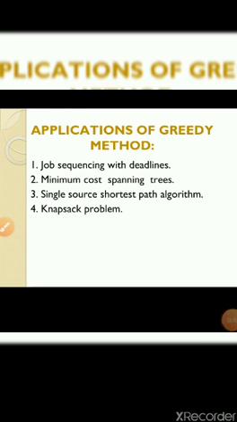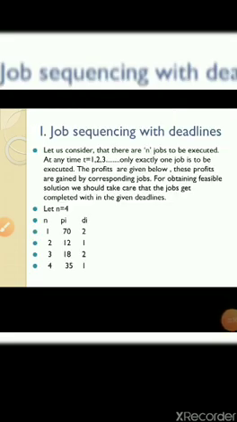Applications of the greedy algorithm. There are 4 applications: job sequencing with deadlines, minimum cost spanning trees, single source shortest path algorithm, and knapsack problem. The first application is job sequencing with deadlines. What it means is it takes up the jobs based on the sequence of profit, meeting the deadlines with maximum benefit. To understand this, let us consider that there are n jobs to be executed